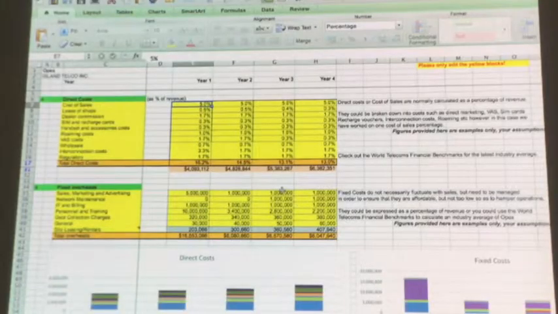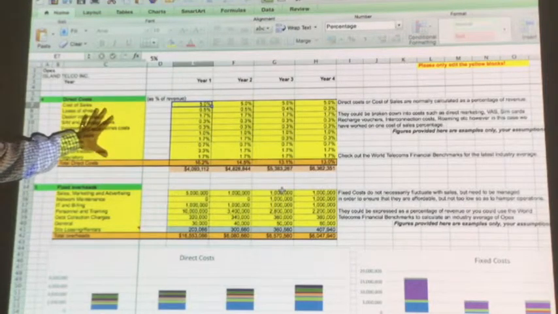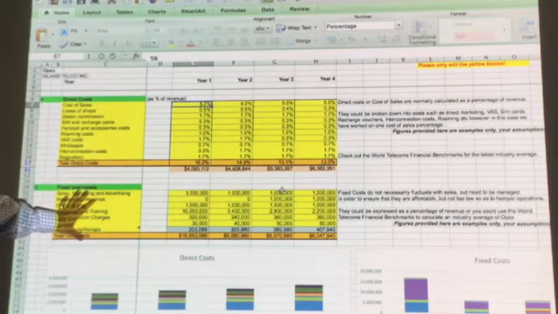So OPEX, very simple. Just looking at the income statement. So the key driver here is the income statement. Everything is expressed as a percentage of sales, of your revenue. So what we have split is between direct costs and overheads. You remember the direct cost will be the cost of sales, which will drive your gross profit figure, and your overheads then sit below gross profit, above operating profit,